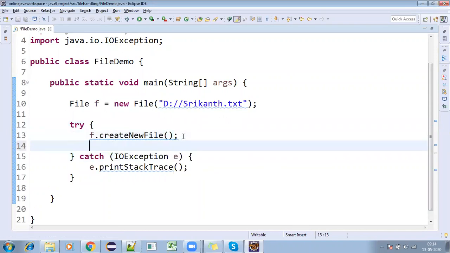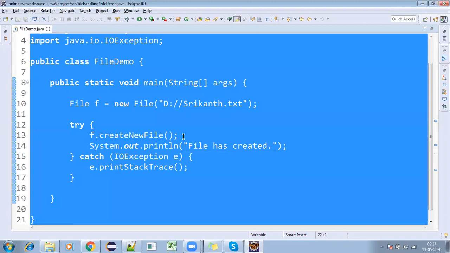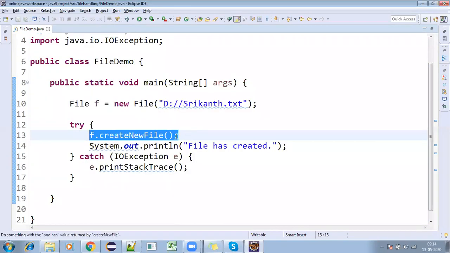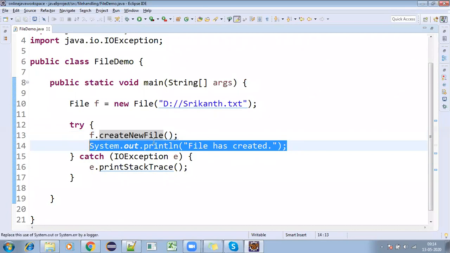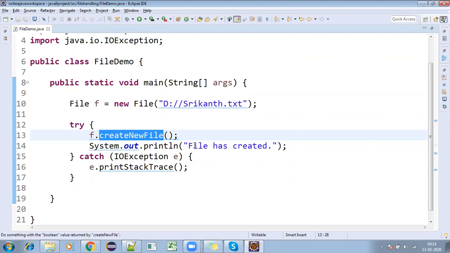Here I'm simply saying that the file has been created. After this line, if there is any problem, it will not execute. So I'll say F.create new file and the file has been created.